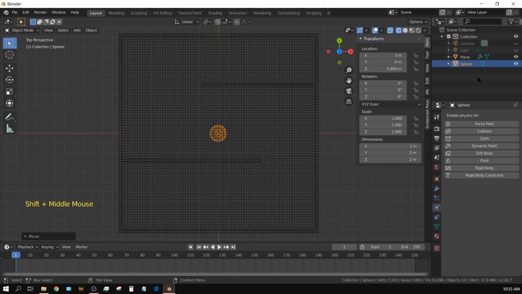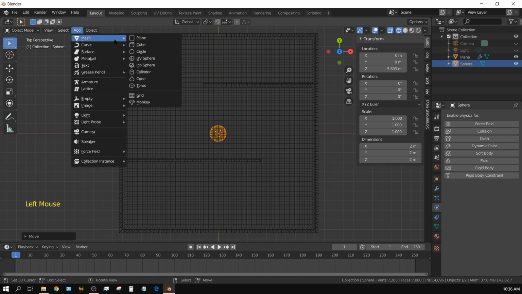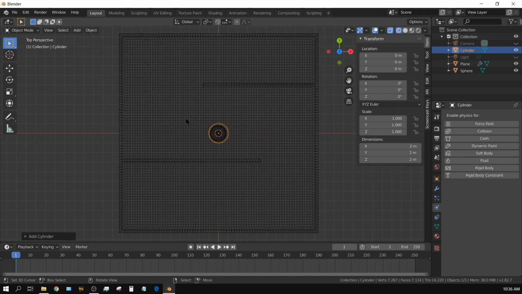Alright, now we need to create an emitter. The emitter is going to be an object that's cylinder shaped. So we need to add a cylinder. Add mesh and then cylinder. Now we don't want the cylinder, well, we could use a cylinder this large, but we don't really need it to be that large. So I'm just going to press S for scale and then